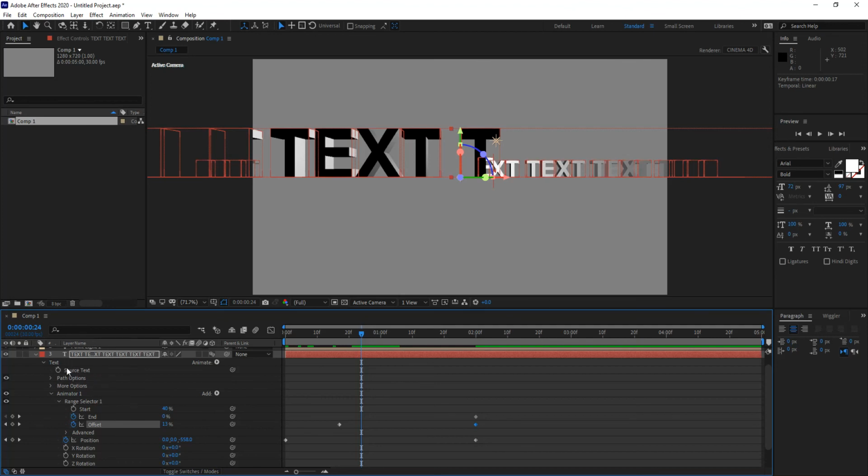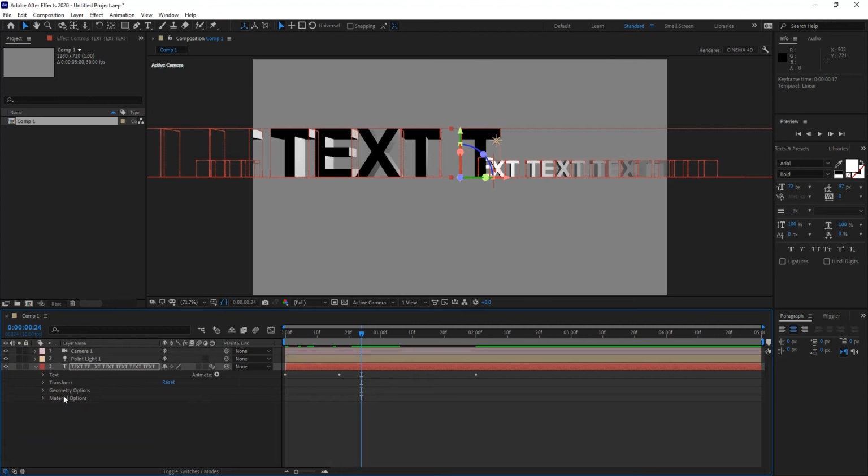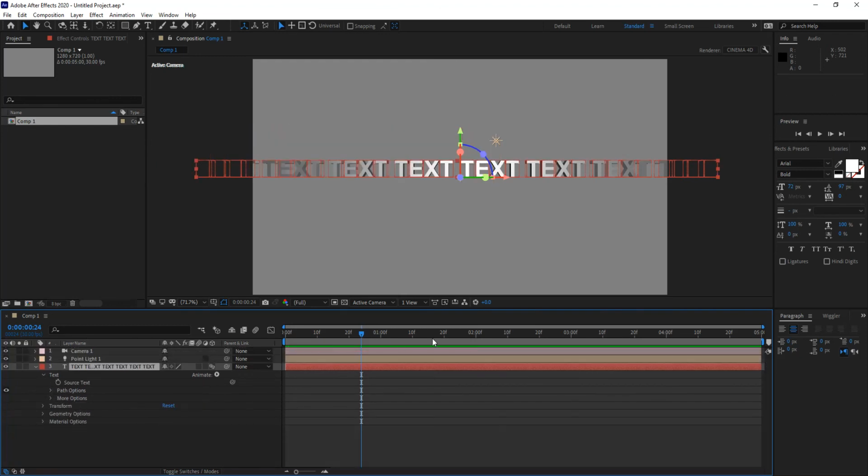Now, let me go ahead and remove those animators. So I'm just going to go ahead and select the text, drop to the animator point, and I'm going to delete the animator. I don't want that animator at this point. What I want to do at this point is I want to create a mask for this layer. So I'm going to select the text layer,